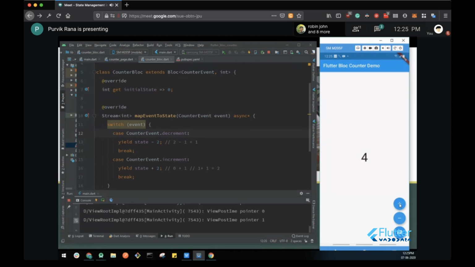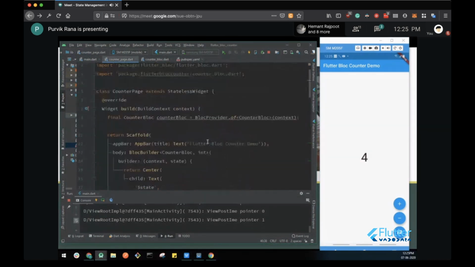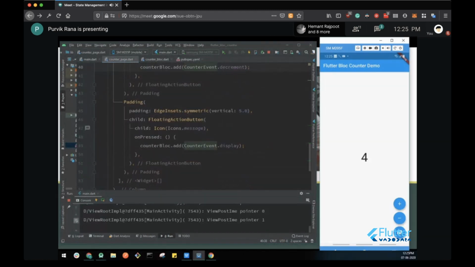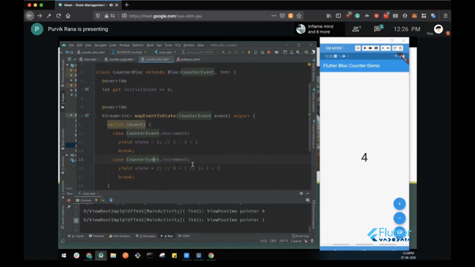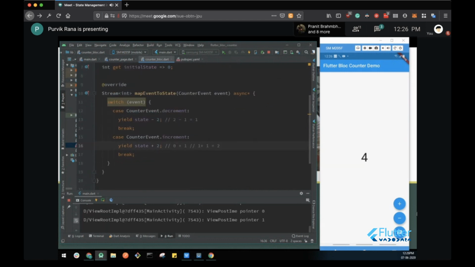Right now, I have not mentioned a different event for this third icon, so it does not have any changes because I have not implemented it in this particular screen, because it has a different type of state. So let's say a reset is there and we want to reset our value,